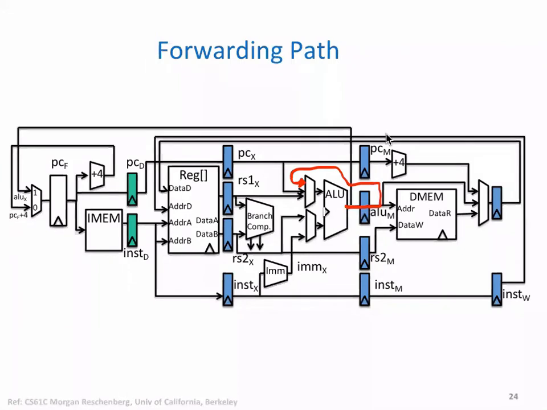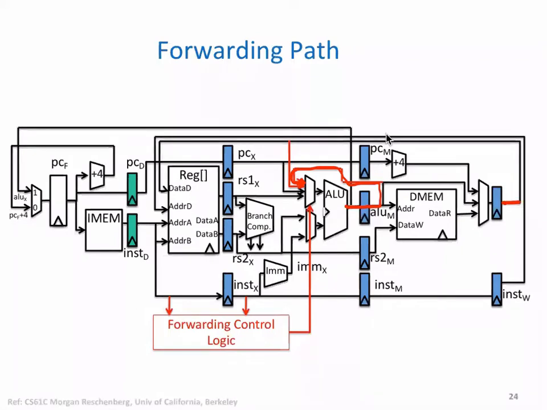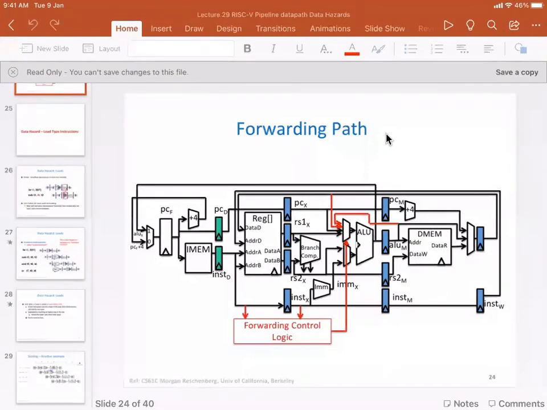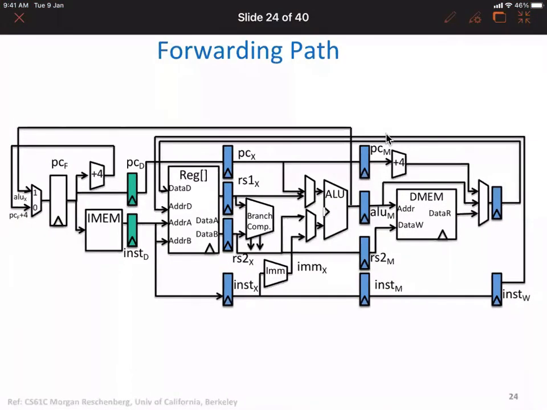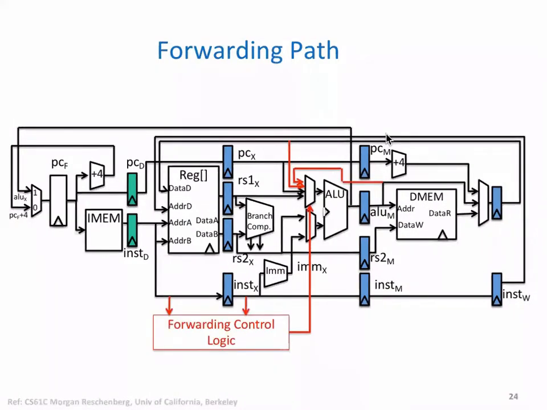Okay. Or we can have another one coming out of memory, take the output of memory, and then it can also go into the ALU. Instead of reading it, reading it goes to register and then reading, we can avoid that. So these are the two paths that are shown in this diagram. There can be many more.